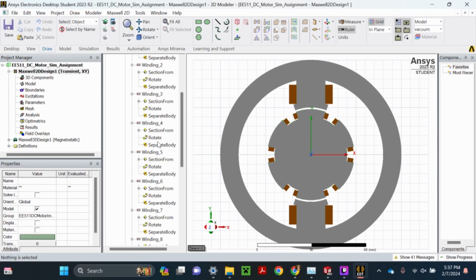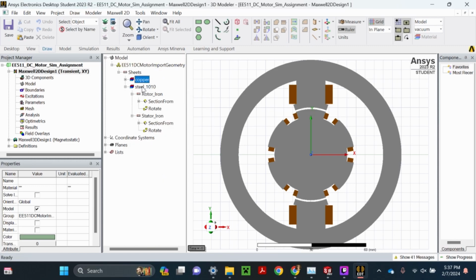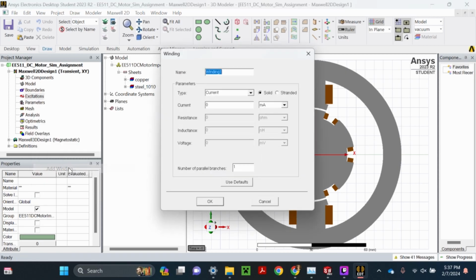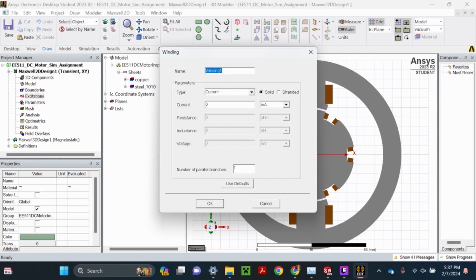Now we're going to define the excitations for the windings. So right click Excitations and select Add Winding. The first winding is going to be the stator DC winding, as I called it, and I just chose an arbitrary value, 10 amps. After that, we're going to add the